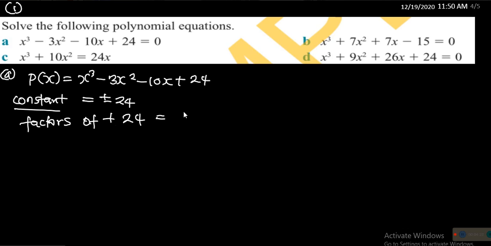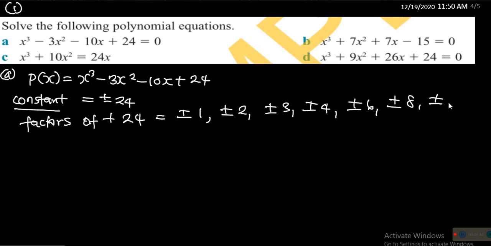Factors of plus 24 can be plus or minus 1, plus or minus 2, plus or minus 3, plus or minus 4, plus or minus 6, plus or minus 8, plus or minus 12, and plus or minus 24. So let's check which of these factors will give us a remainder of 0. So we'll start with